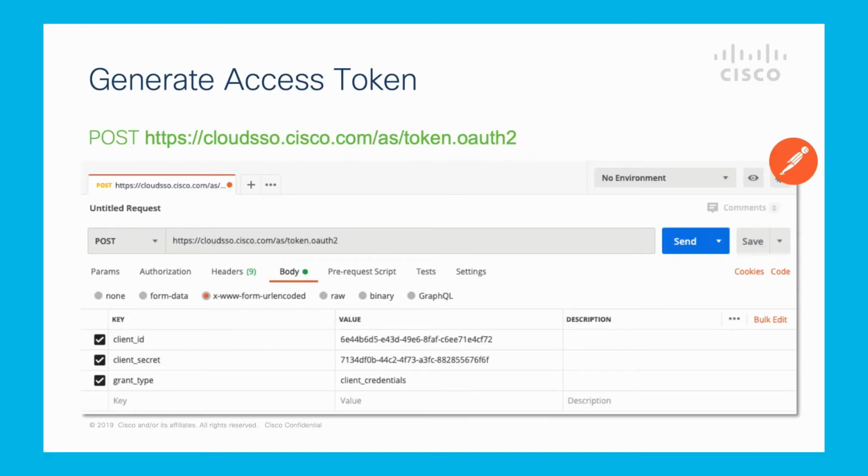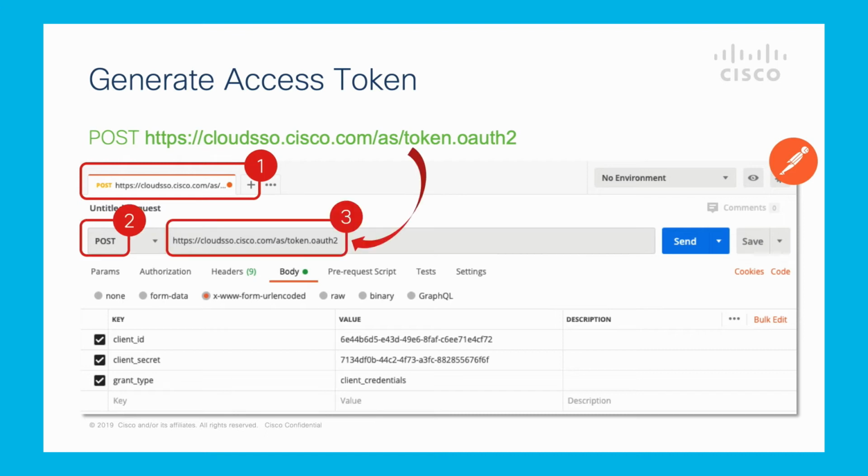Once you open your Postman tool, the first thing you will have to do is create a new request. It's going to be a POST request, and we're going to use exactly the same URL on this slide to send your POST request. Then we're going to select the Body tab and select URL encoded format. Then we're going to create 3 keys